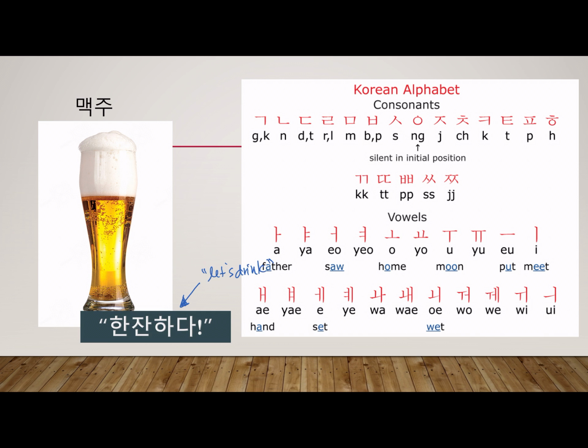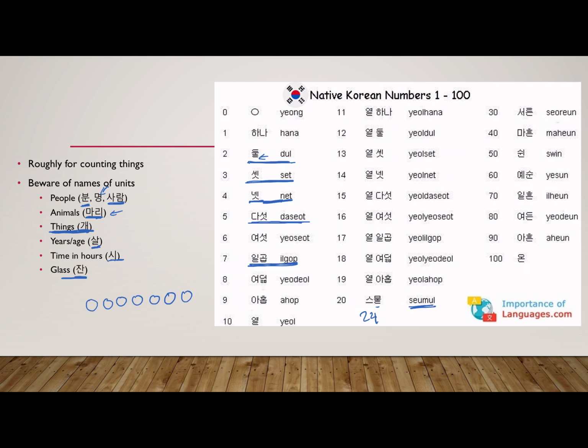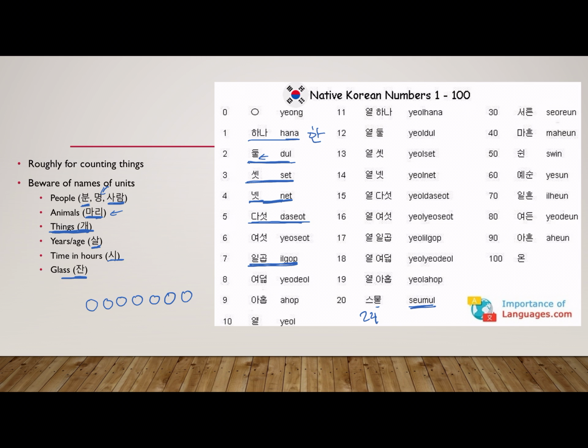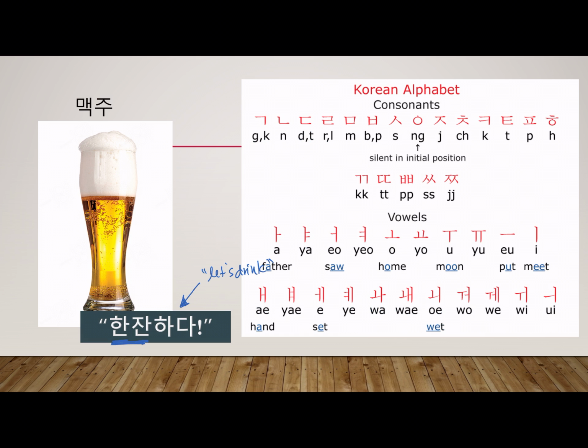But it literally translates to, this is han, we remember, can I go back? Han means one, and then chan means glass. It's the unit for glass. So han chan. And then in another lesson I told you, 하다 means to do. It's a verb stem meaning to do. So 한잔 하다 literally translates to one drink, let's do. And in Korean culture, honestly, when you say 한잔 하다, you're saying, hey, let's go have a